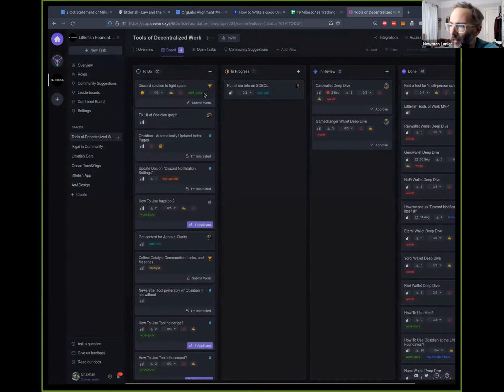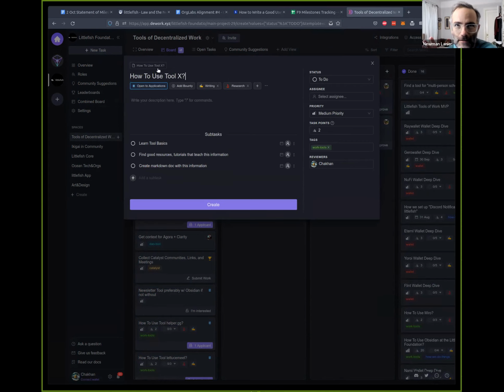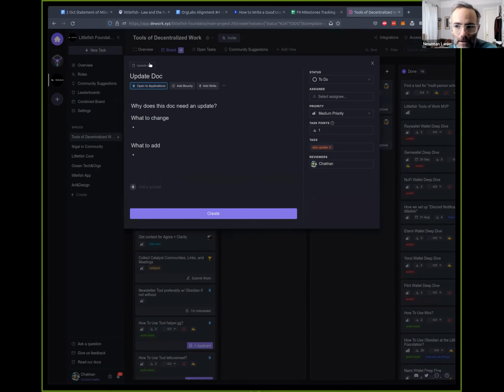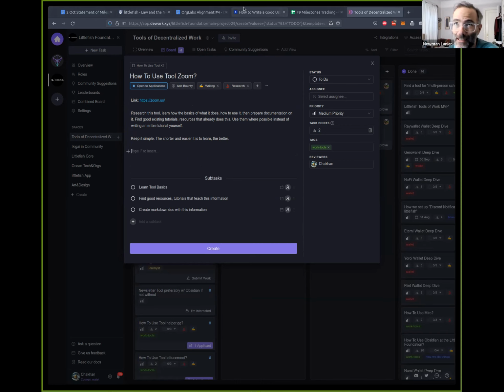Well, I was even thinking that it could be, because it sounds like we're trying to collect resources. So as a Catalyst member, I would like to know what are the tools being used. I would like to know what are the tools used in different community groups in Catalyst, and then be able to easily reference, see and learn about the different tools that are used for community organizations in Catalyst, or